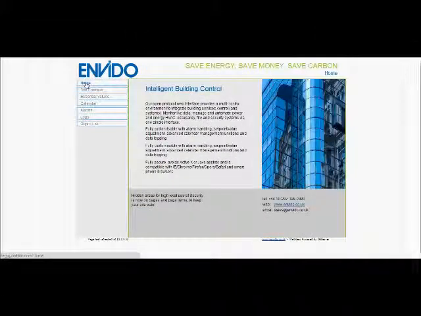So this is just a quick demo of the Envido intelligent building web-based interface, so the control panel for the intelligent building solution. It's web-based, so it just appears as a normal web page at login. Gives a bit of information about what the